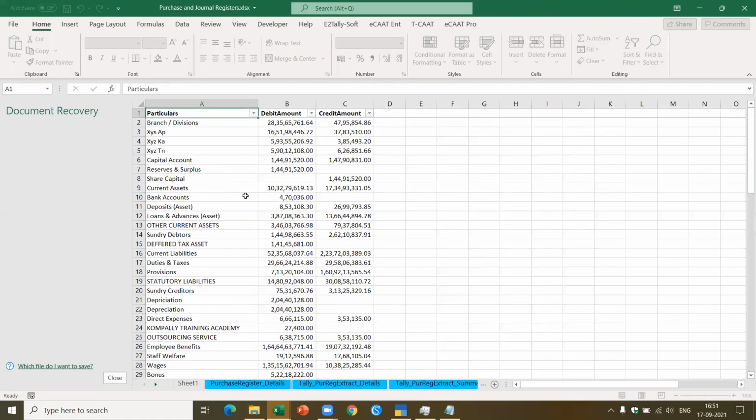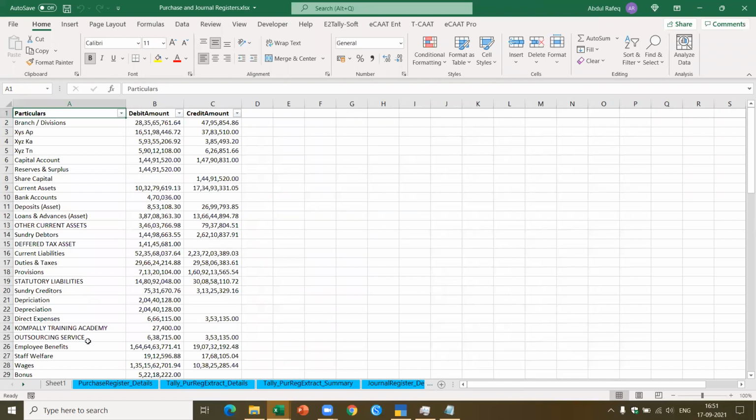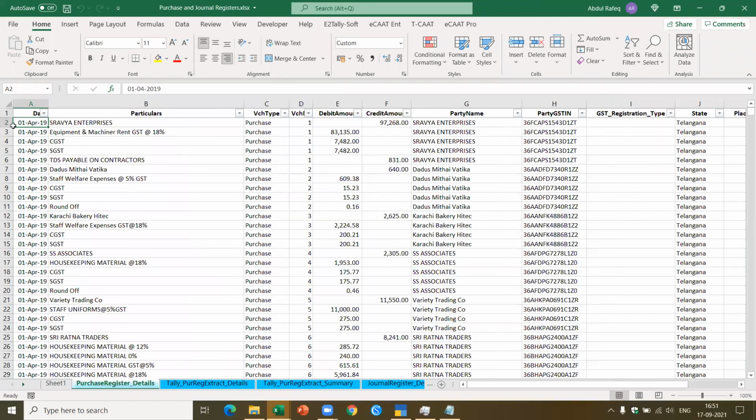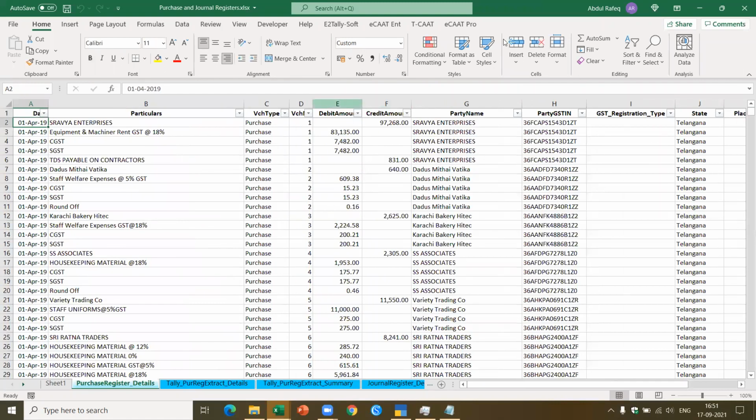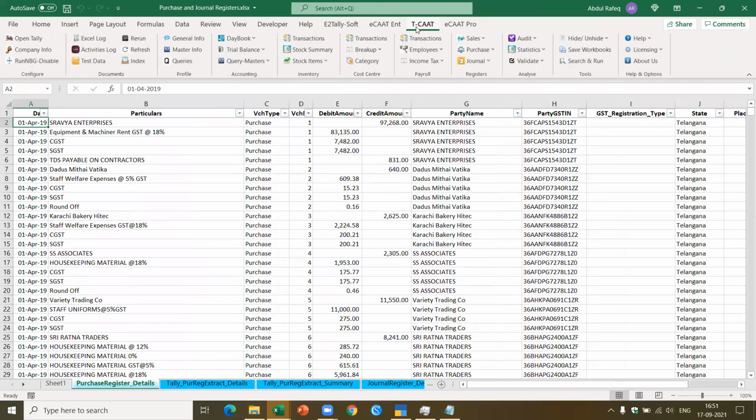Now, before I go further, let me just close this file so that I can show you some of the features. Here, if you see, this is a large client. Now, if you see here, purchase register details. What is the number of transactions? So you've got about 10,000 rows. Okay, we have extracted the purchase register. You remember I told you about the purchase register. I got this TCAT. And in TCAT, if you see here, purchase, I got 3 types of this one: vouchers, extract, and columnar. This is from the vouchers. It gives me the complete list of all the purchases.